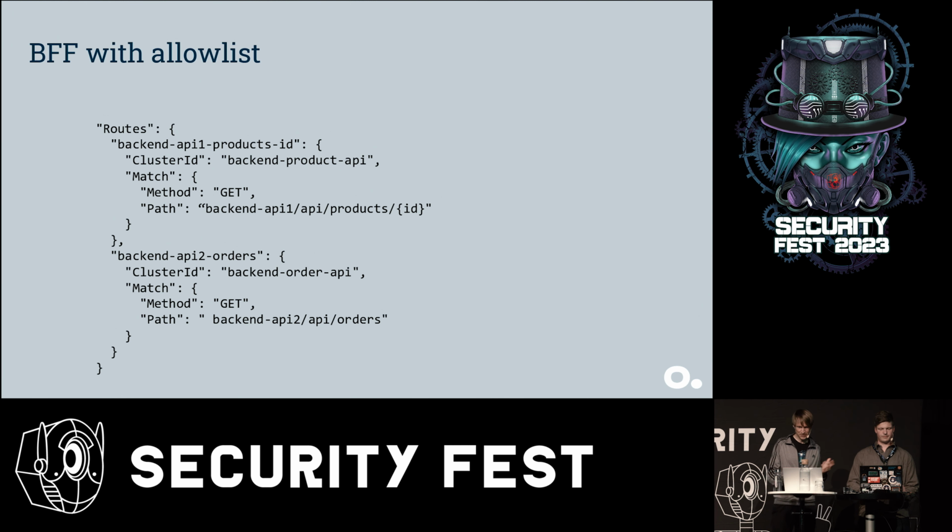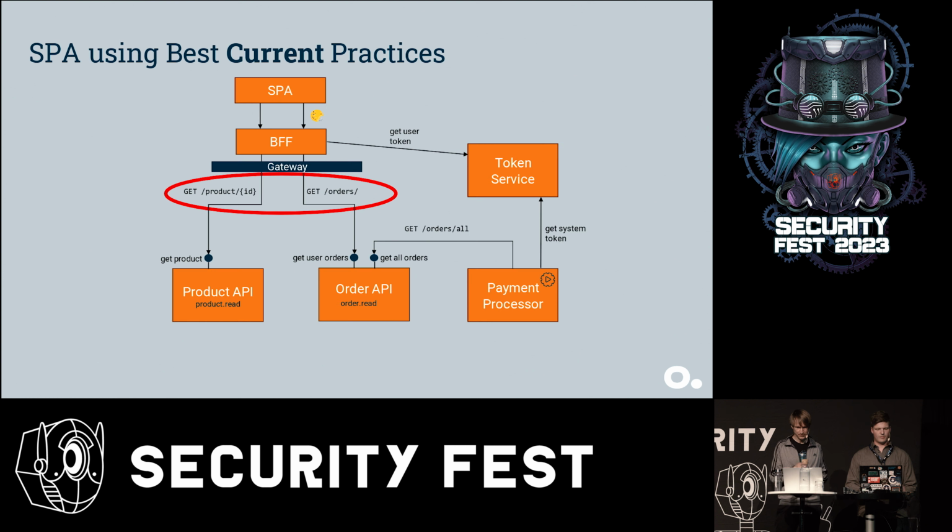Yeah. So with this change, we get the following overview. Now we only have the specified endpoints with the exact method and path match. So we can only actually reach the get product by ID and get my orders endpoints through the backend for frontend. There is no way to access the get all orders endpoint through the backend for frontend with the user's session. So with this, we have shown how to build a secure OAuth2 or OpenID Connect implementation following the best current practices of today, and how to avoid common pitfalls and design weaknesses. So this time, the good guys win.